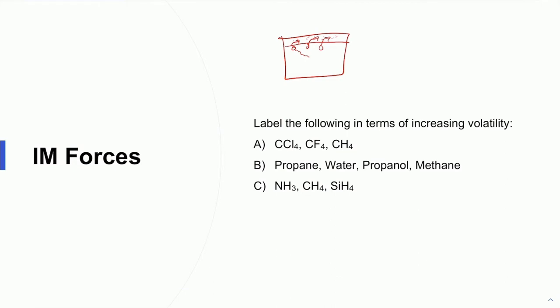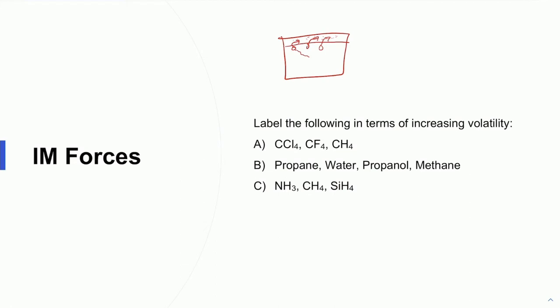So when you're looking at a problem like this, when they're asking you to compare or label in terms of increasing or decreasing intermolecular forces or volatility, the very first thing I do is determine what the strongest intermolecular force for each substance is. If they're the same, then I look at size. But first, let's look at the strongest IM force. So letter A says